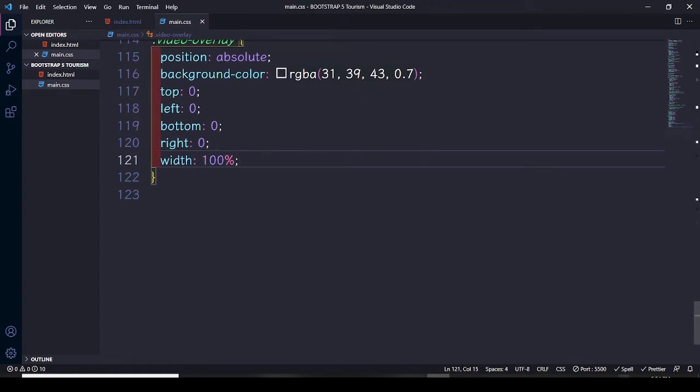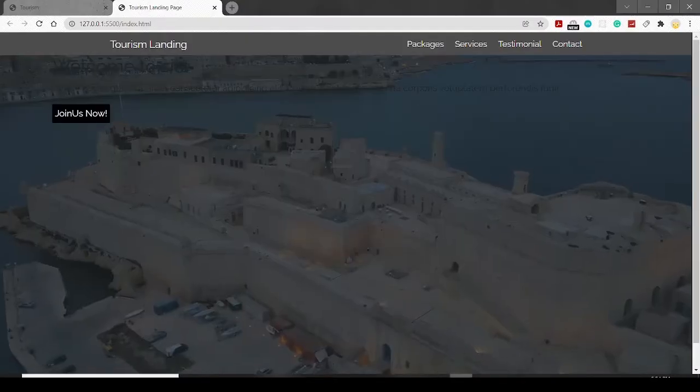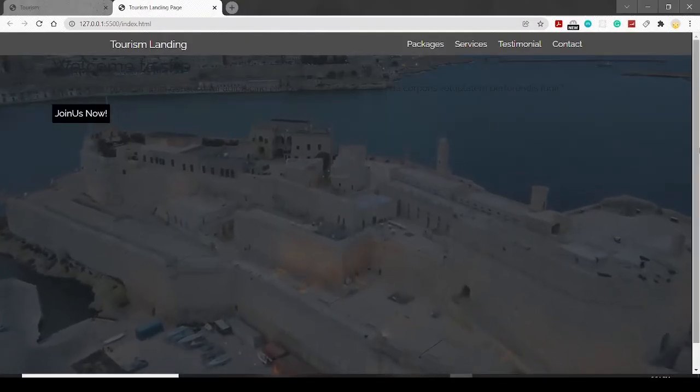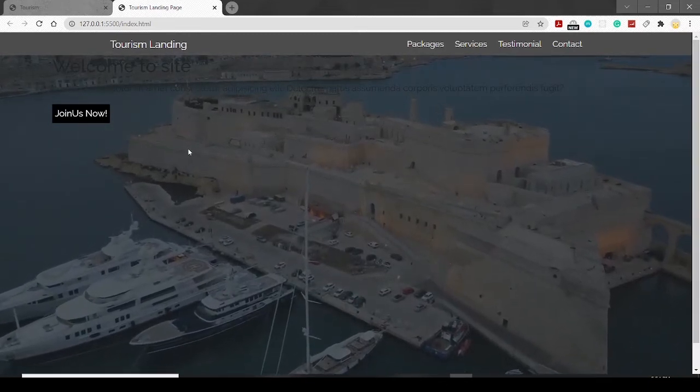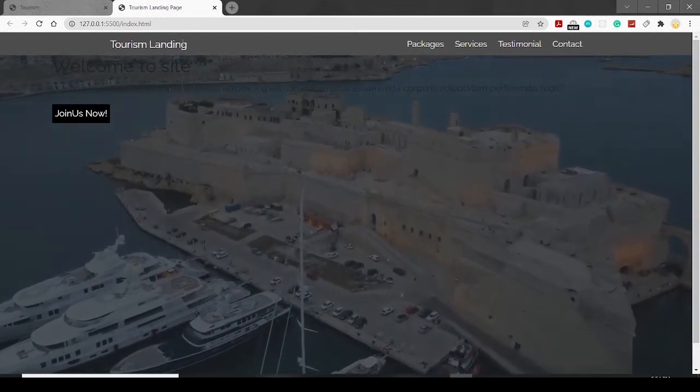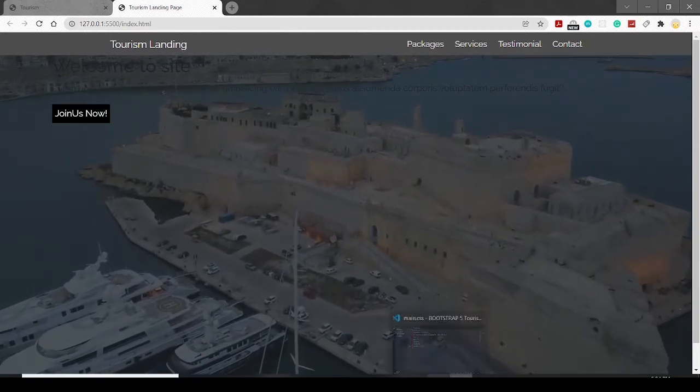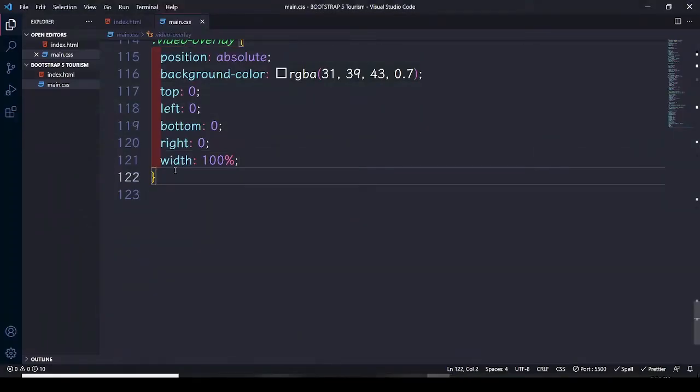Let's save it, move on to the browser and see how it affects. So you guys can see that it is working. We do have the button and all the written stuff here, the text. So let's go and fix all these things too. So after having this, let's go and